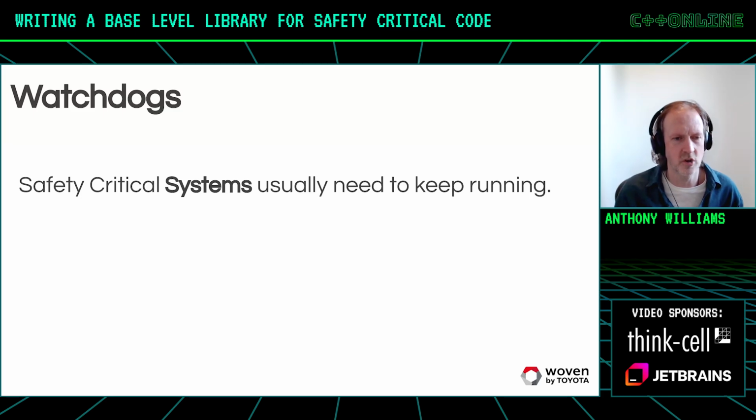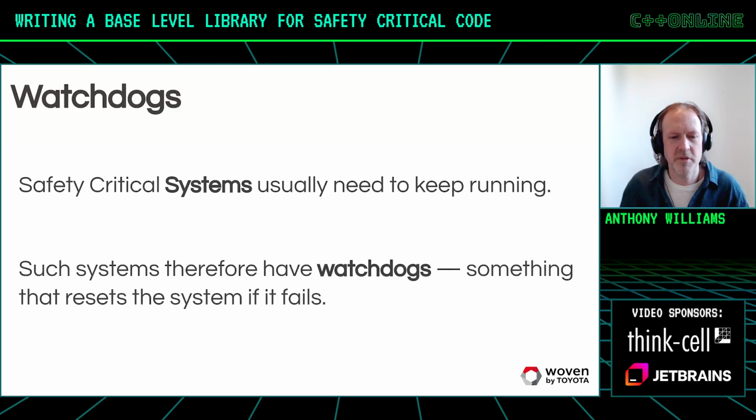And so this is why we have a watchdog. So that if one of the pieces of software that makes up the system goes wrong, then the watchdog will reset the system in some way, to make sure that the system as a whole keeps going. And this is one of the things the various safety standards often require: that if something goes wrong, you have to be able to move to a safe state. And often that safe state is a completely reset system. It's like, okay, restart the system, make the sensors work out what's going on, what the state of all the various bits of hardware is,